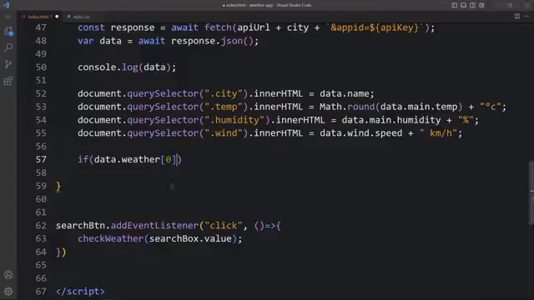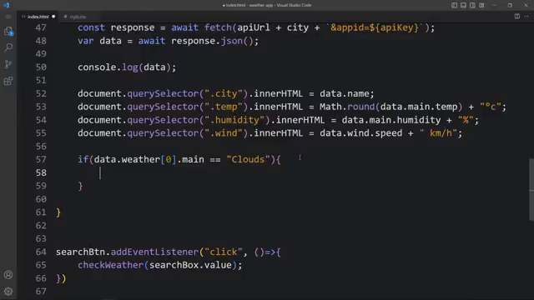So let's come back, and here we are adding data dot weather 0 dot main. So this main will give the weather condition. We will check if it is clouds, like this. So if it is clouds, then we have to add the cloud image. So we will